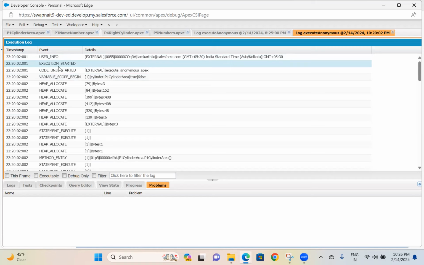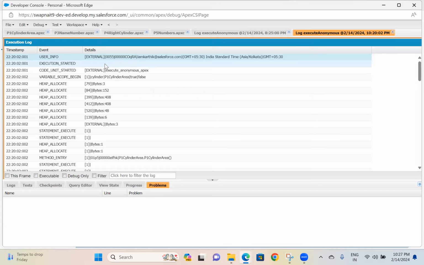So that's the reason in the user info on top, whoever is the admin, that's the person it is going to display, because whenever it is a system mode, by default in the system, whoever the org is created by, whoever is the admin for that org, like an organization email. So there is a specific contact person for that org. So as that person, it gets executed. So the first line explains how I'm executing the program, as which user I'm executing the program. That is the user information it will give.